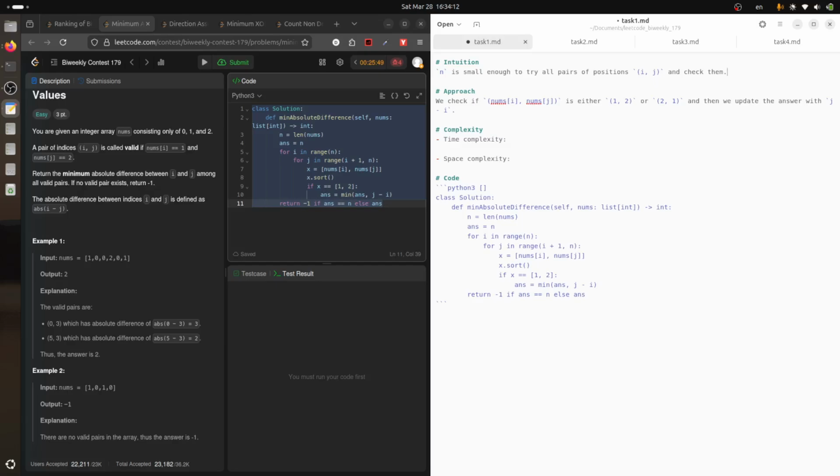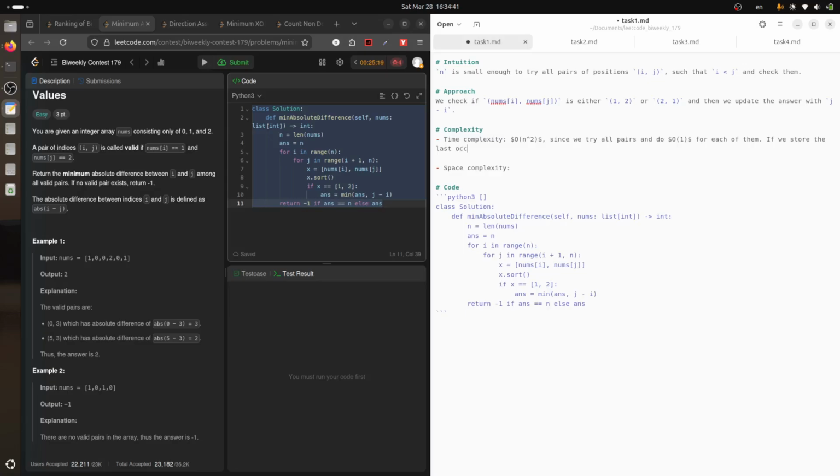Try all pairs of positions i, j and check them, right? Time complexity of n squared. We try all pairs and do O(1) work for each of them. If we store the last occurrence